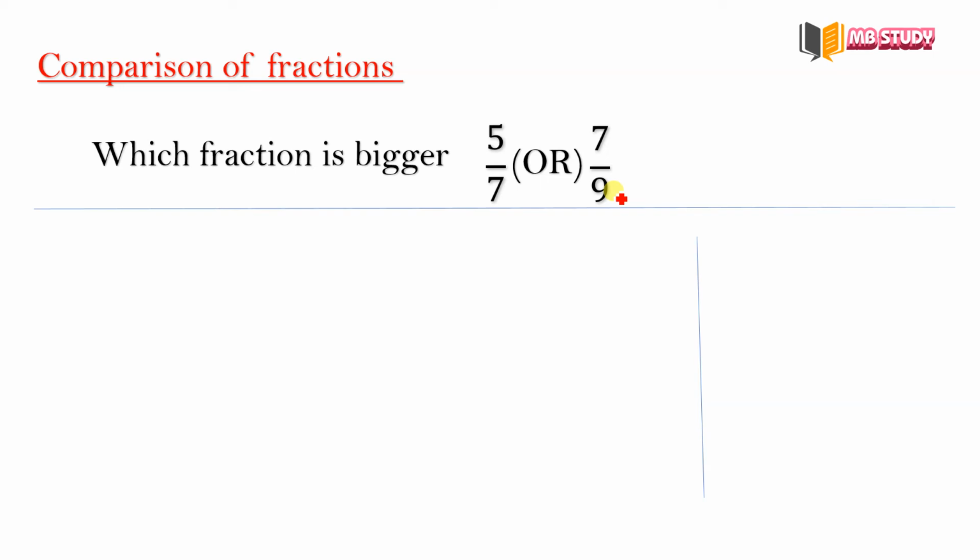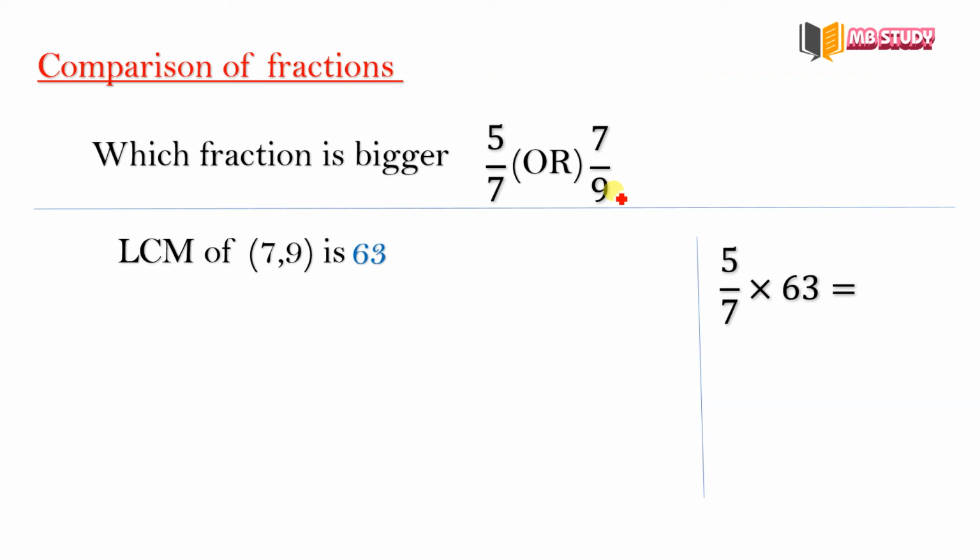Now, how can we solve it in a traditional method? What we explained in the first method is a shortcut method. In the traditional method we have to use all the steps. We simply convert these unlike fractions to like fractions, and then we can easily compare. If the denominators are equal, comparison is very easy. Look at the LCM of 7, 9. There are no common factors for 7 and 9, so we simply multiply: 7 9s are 63.